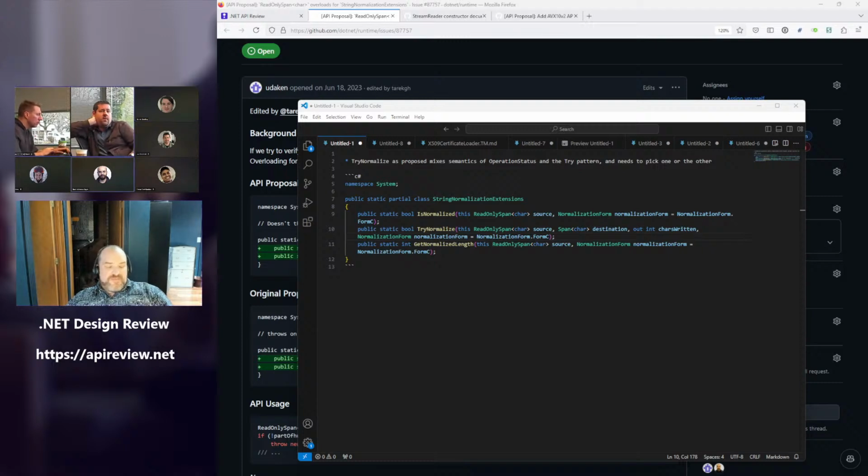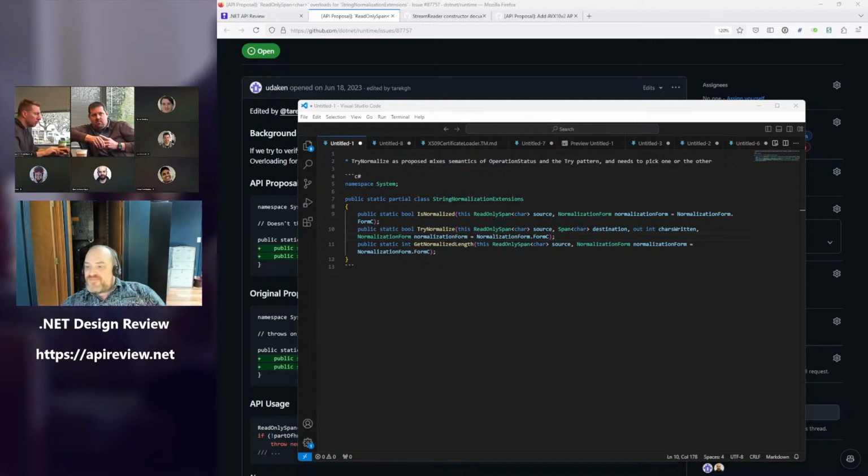Well, would it be okay if Tarek were to invent his own enum for this? No, I mean, not in this meeting. I would be okay with it if the proposal, which I don't think we want to invent right now, was: I'm trying to write a normalization validator and I want to be able to report where an error is, and maybe it can support jumping past the error and moving on. But just, oh, by the way, the input's garbage, move on with life. If we want that, then make get normalized length return a negative number.